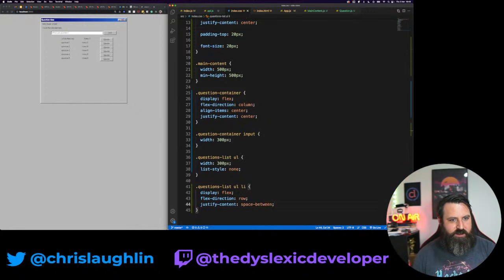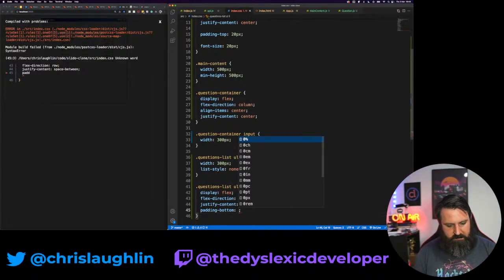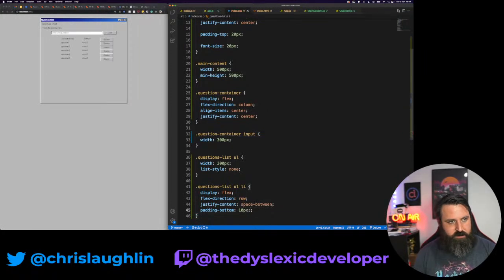So now we all have the same. Now we could probably do some sort of margin or padding, I guess. Padding bottom 10 pixel. They're always going to be out of alignment, but that's not the point of this.